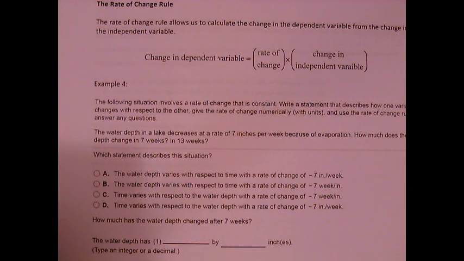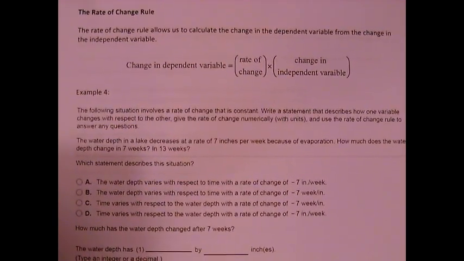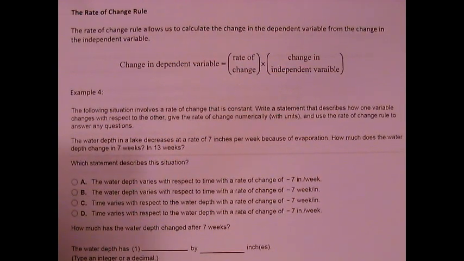Okay, next we'll talk about the rate of change rule. The rate of change rule allows us to calculate the change in the dependent variable from the change in the independent variable. So here the change in your dependent variable will be the rate of change multiplied by the change in your independent variable. So in this case here, in example 4,